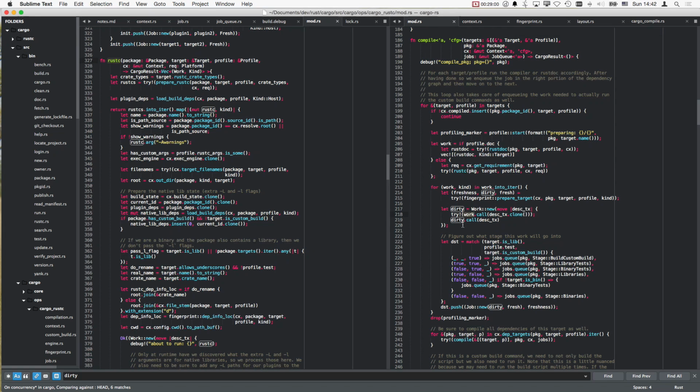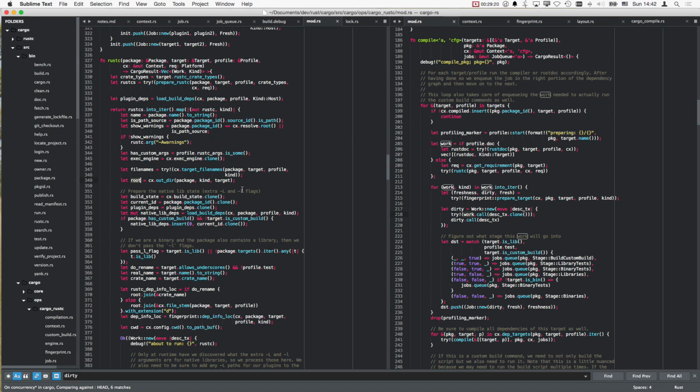But this comes after. So yeah, I think in this target root, where stuff is going into, which is the deps directory,